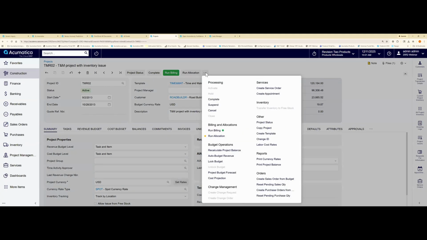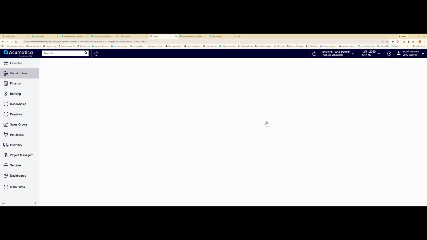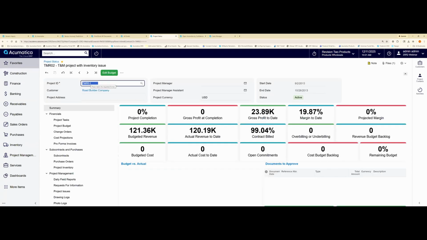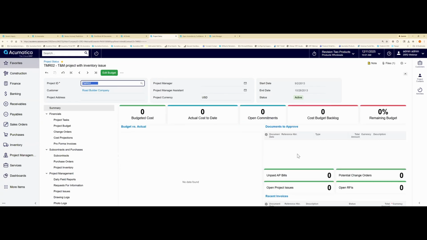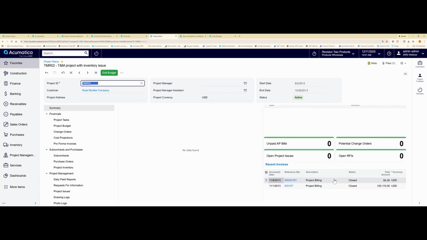Acumatica has really brought to the top, to the light, the most important information that gets buried in a lot of these different tabs and side panels. They've brought that together under this project status dashboard. So you can access the project status dashboard from the project itself, or you can navigate here directly and set your customer and review where their project is at. So it's got some metrics built into it. Okay, gross profit, margins, if you're marking your project with a percentage complete, budgeted versus actual. So again, a lot of KPIs as to where you are with your project. Approvals, anything unpaid, right? AP,